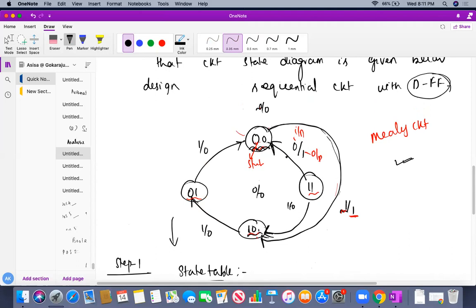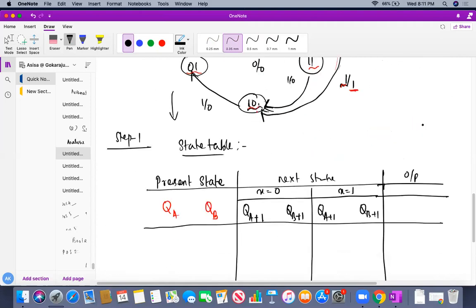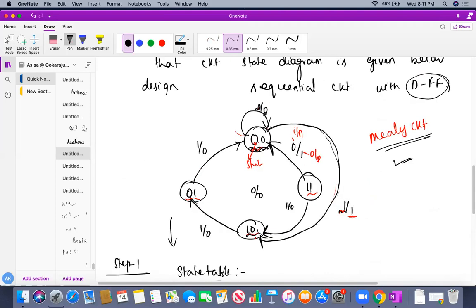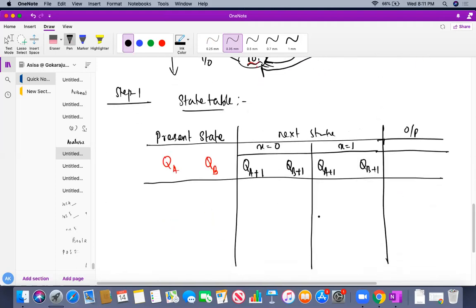Okay, is it correct? Yes. Okay, this is only okay. Do you understand? So this is a Mealy circuit, we can understand. You just see here how many outputs you can get. At x equal to 0 you have one output, at x equal to 1 you also have another output. At state 0 0, if the input is 0 it has output 0. If it goes to input 1, then at that time output is 1. From seeing this state diagram, how can we do it? Right here, at x equal to 0 and at x equal to 1 we have outputs. Obviously output is represented by y, and this is also y. So this is my state diagram.